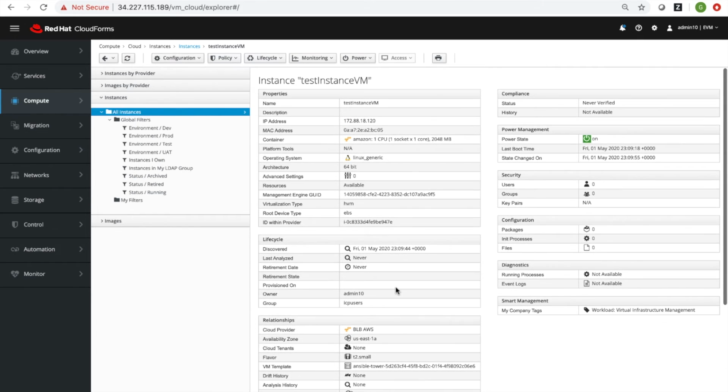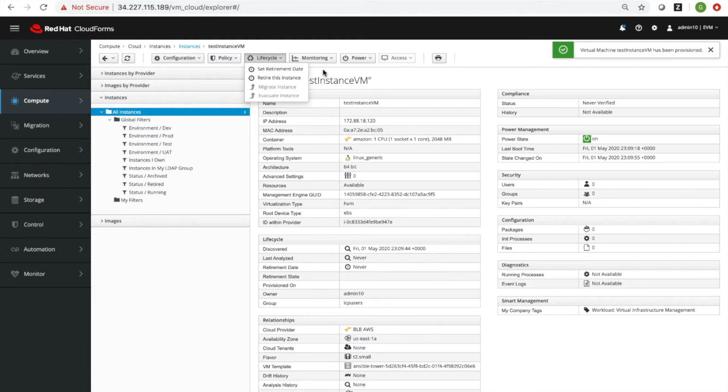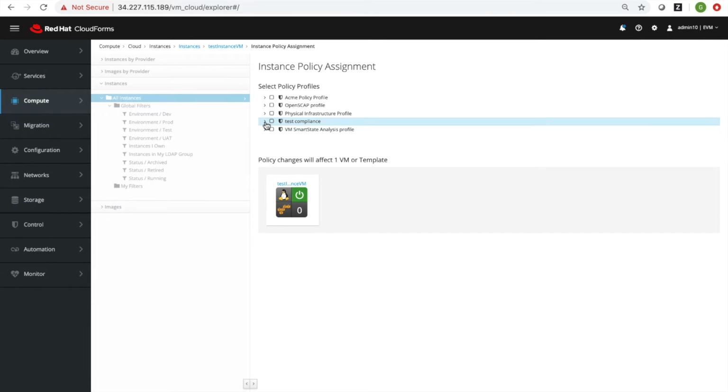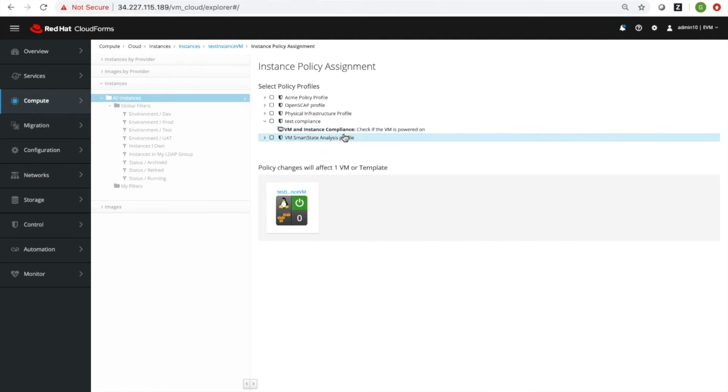This new instance has been added to the CloudForms database, and now CloudForms is able to infer all the relevant information about this VM instance. From here, we can see details like monitoring information, perform lifecycle actions like retiring this VM, and also add compliance